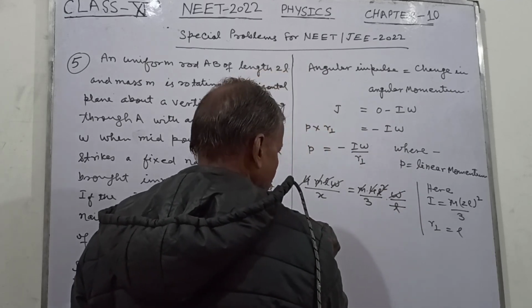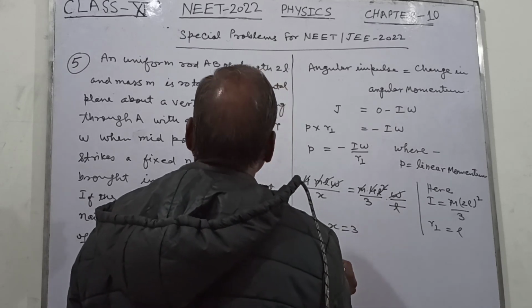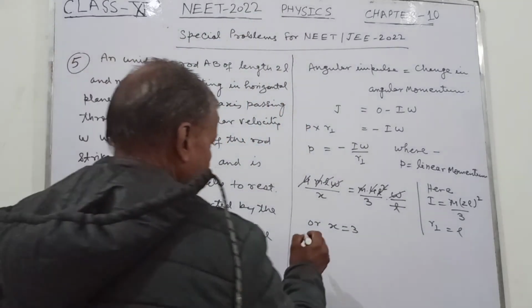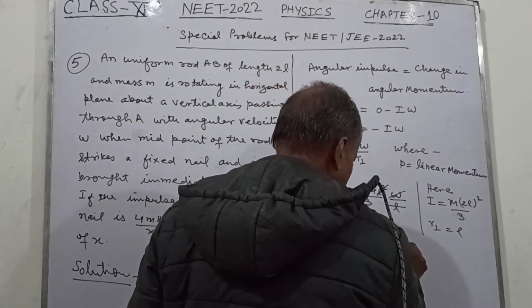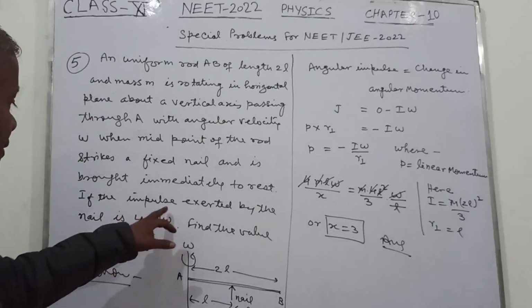So x is equal to 3. This is the answer. But here I think this must be, in place of impulse,